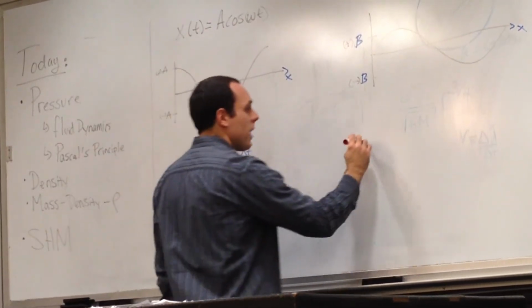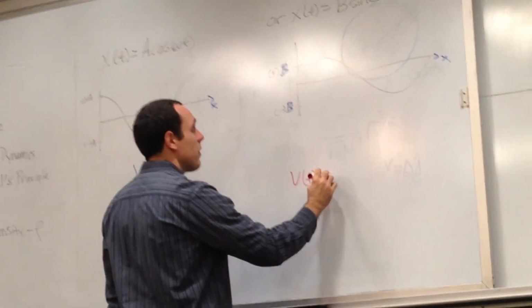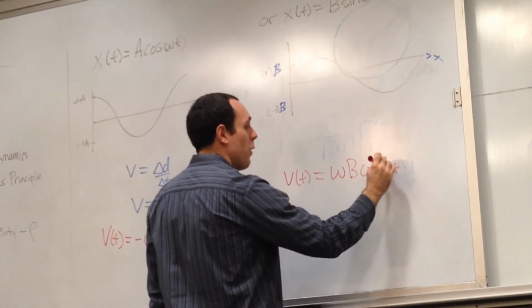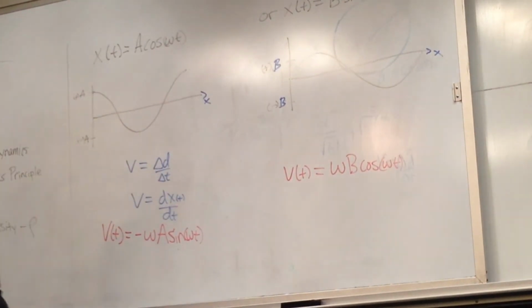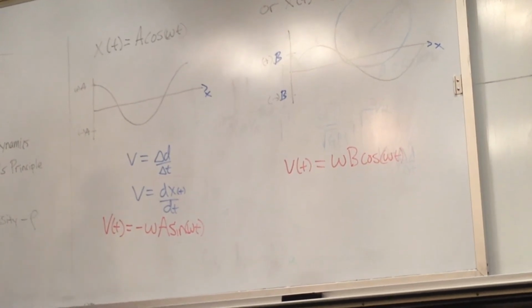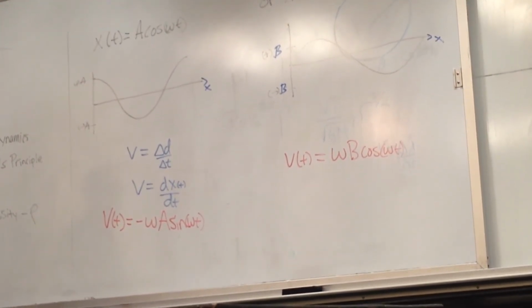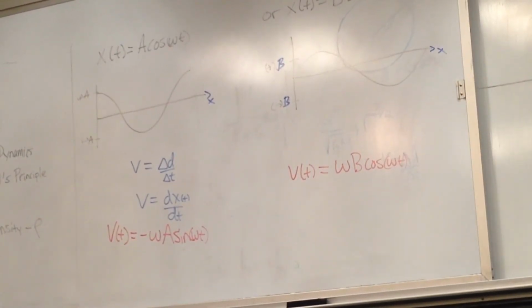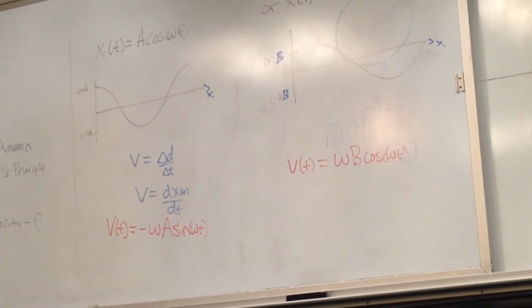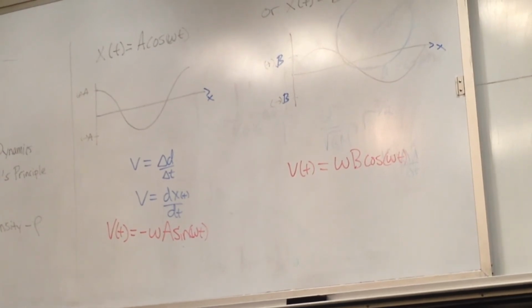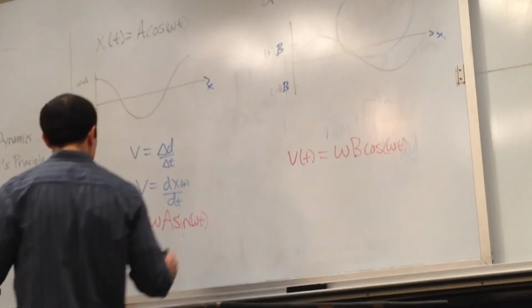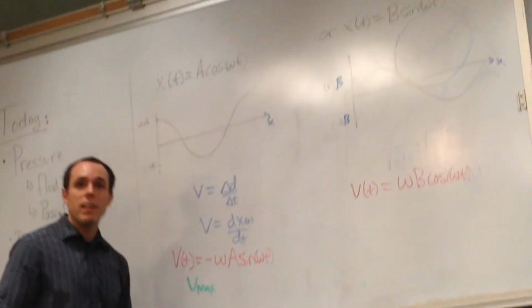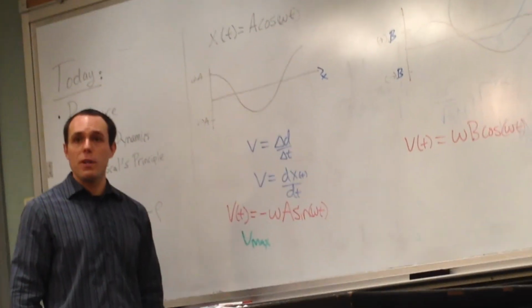For this one, the velocity is going to be omega B times the cosine of omega t. So in your books, where they quoted, for example, that the maximum velocity is related to omega times an amplitude, that's what they mean here. At the maximum, V max, that means when omega t is equivalent to pi over 2 or 90 degrees,